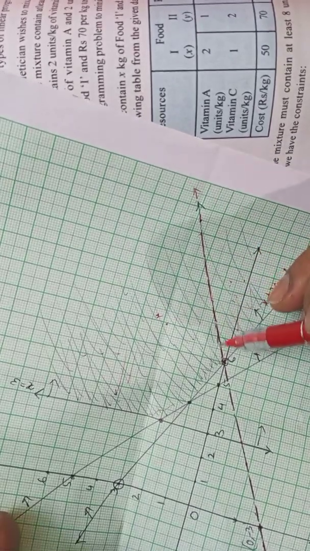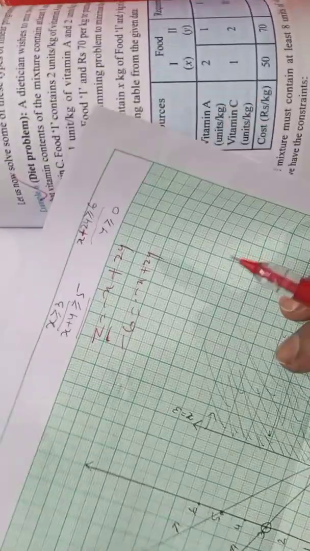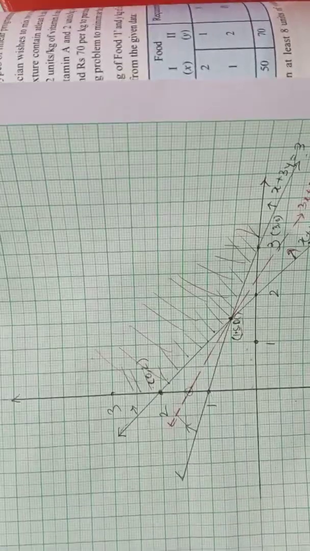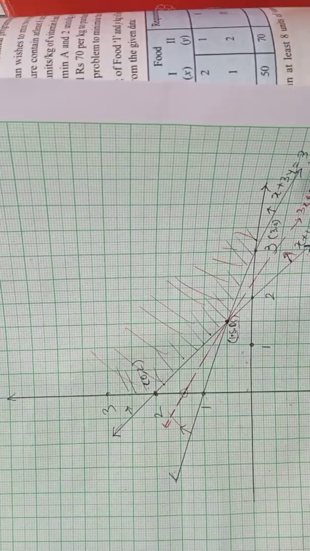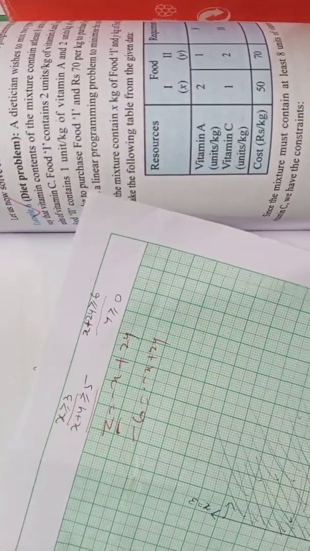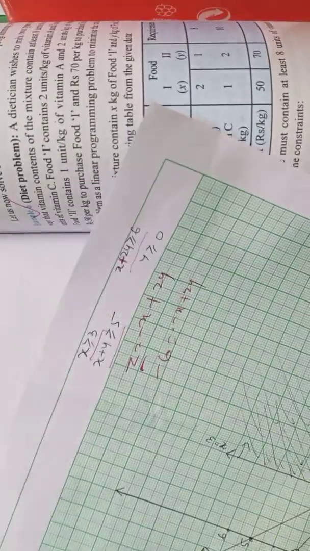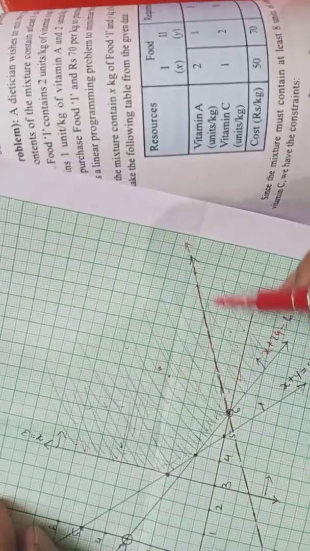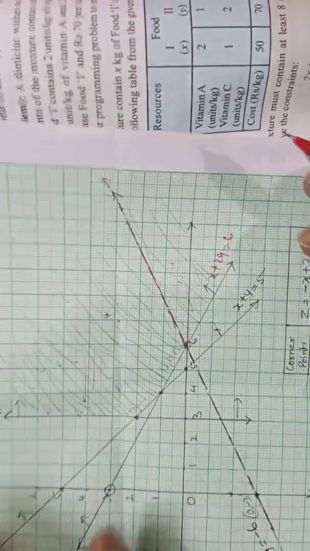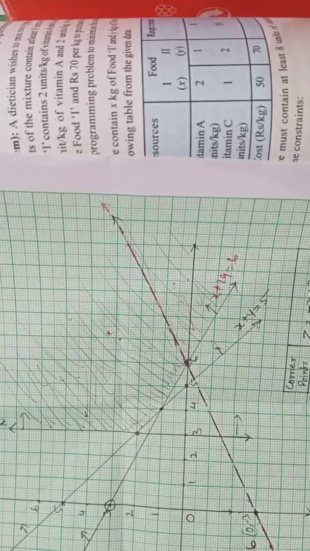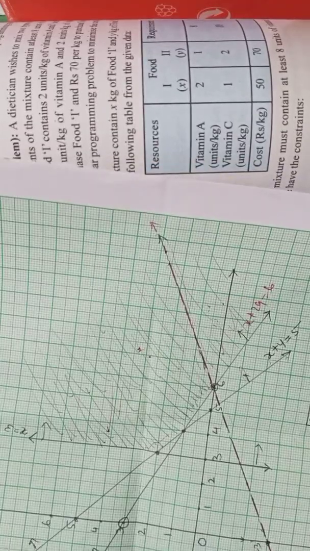So we conclude that in the previous question it intersects at one point only, and that point will be the minimum value, so we got the answer. But here, in the unbounded region, there are infinite points, so there will be no minimum value in this case. So this is very important. So the remaining questions, you solve.